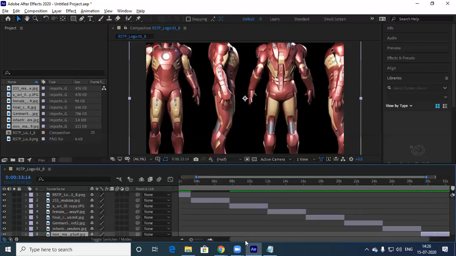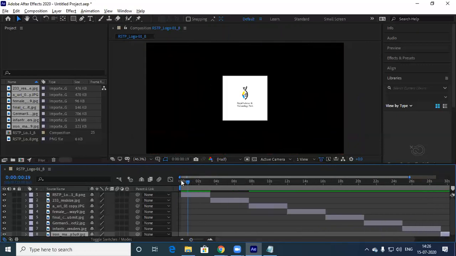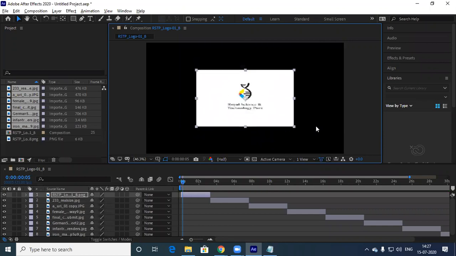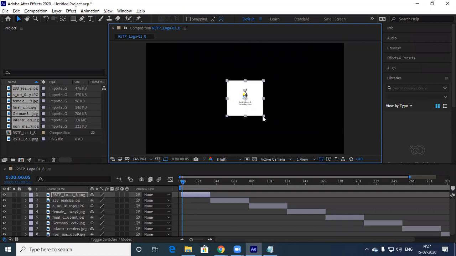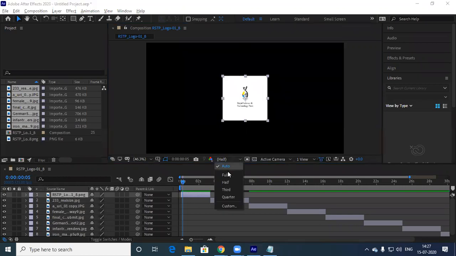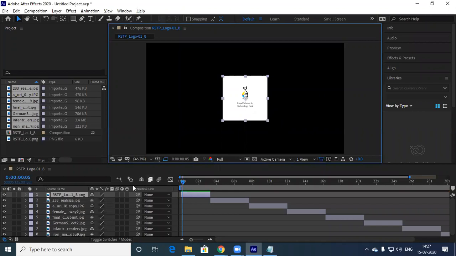Okay. Now I'll come here. So now, this is so small, guys. I'm not able to see this properly. I want to increase the size. So either, you can increase like this, but there's a lot of distortion happening, which is not at all good. So here, this is a resolution, means while working, there's a resolution. You can make it to full so that you can see like this.